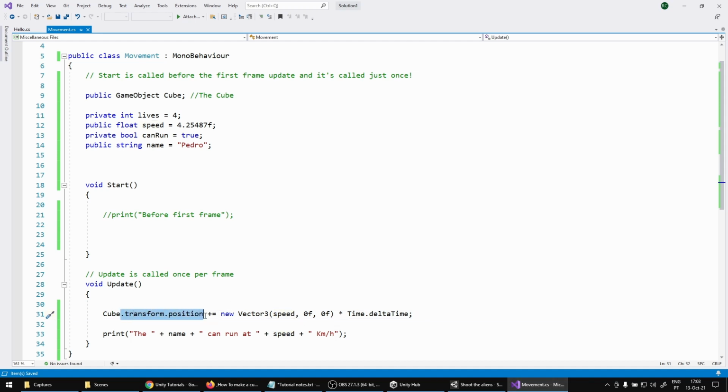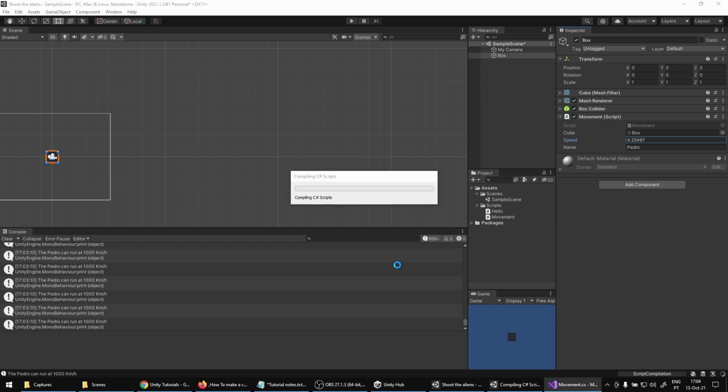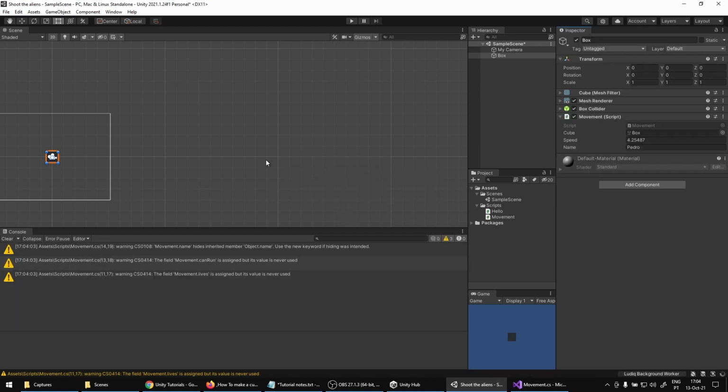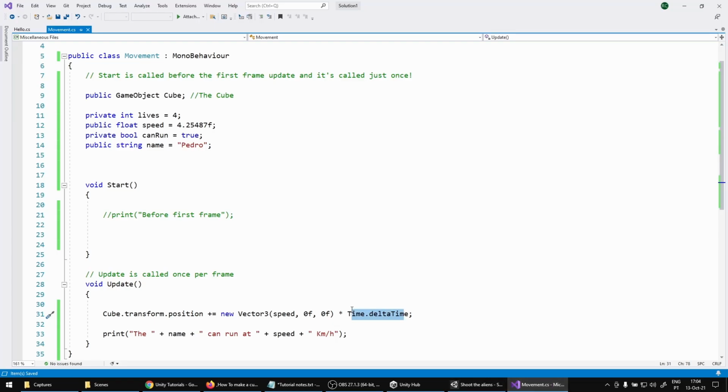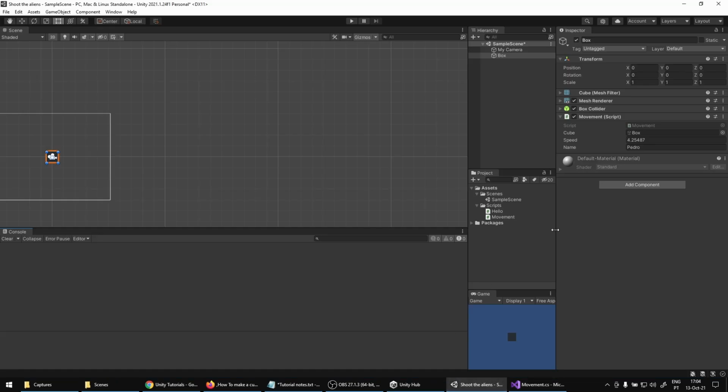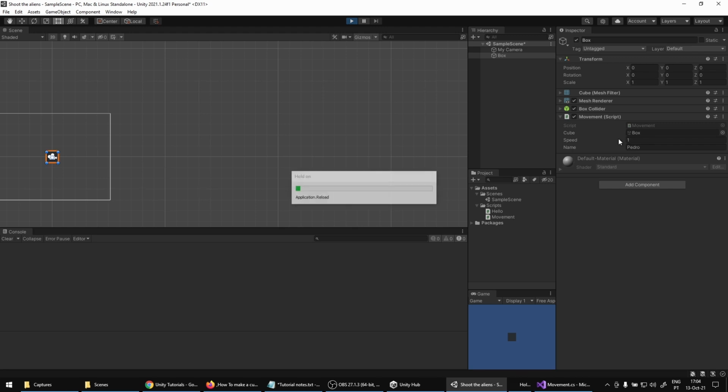This transform position increments by this per frame, which will be those meters per second, because delta time is time per second. That's why it's these meters per second. So if I write 1 as it was, it will move the same. But if I increase this,